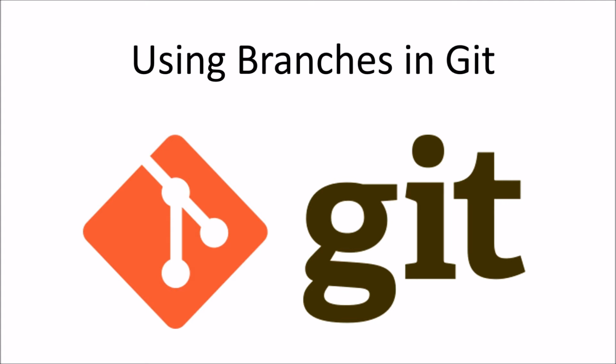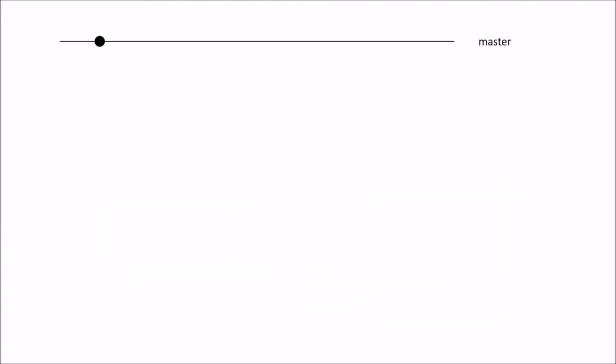This lesson builds on some concepts covered in the previous video, where we discussed basic operations and workflow within Git, so if you haven't watched that yet, please look in the description below for the link to the previous video and watch that first. Now, in the previous video, we discussed how you could make changes to the main line